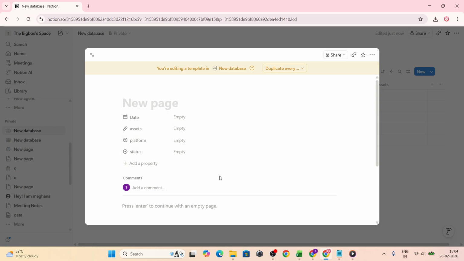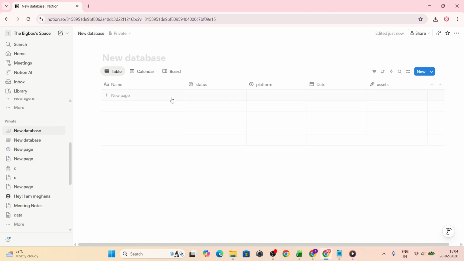Round it out by customizing icons and cover images. Consistent visuals make the database easier to navigate and help you find what you need faster, especially when you are moving quickly. That's your content management system in